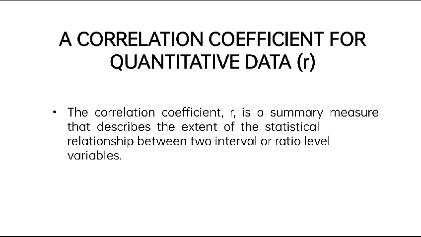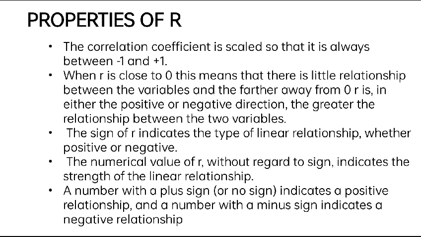A correlation coefficient for quantitative data. The correlation coefficient R is a summary measure that describes the extent of the statistical relationship between two interval or ratio level variables. Properties of R, that is the correlation coefficient: it is scaled so that it is always between